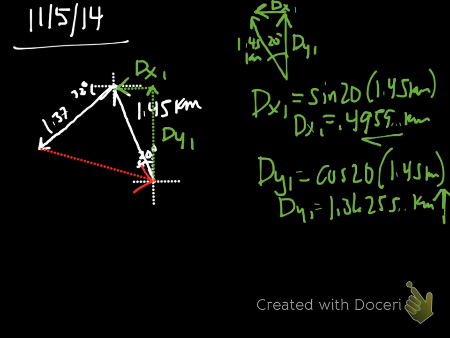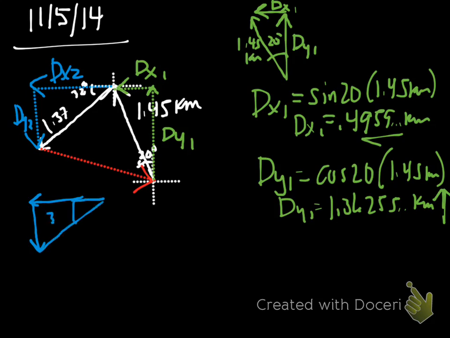Okay, now let's go on to our second little vector and resolving it. We have our second little vector in blue, and we've got dx2 and dy2. And again, I'm going to pull the little triangle out over here just to assist my feeble little brain, and this is very badly drawn in terms of scale, but try to improve it a little bit. So that's a 32-degree angle in there, and this is 1.37 km. There's our dx2,